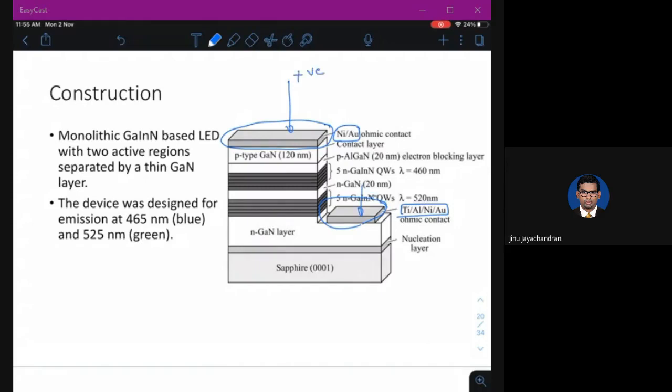You have a sapphire substrate over which there is a nucleation layer, over which there is an N gallium nitride layer. The important thing is there are two active layers: this is active layer 1, and this is active layer 2.